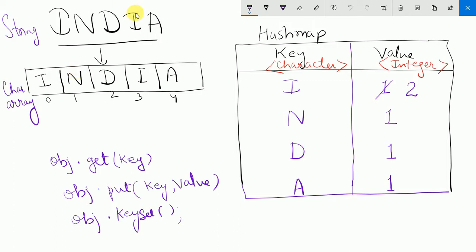First, we'll convert this string into an array, meaning each character will be stored in the array. So here you can see 0 to 4 stored in the array, and you have to create an object of HashMap. The concept of a HashMap is that it stores a key and a value. Here each character will be your key, and the number of repetitions, an integer, will be